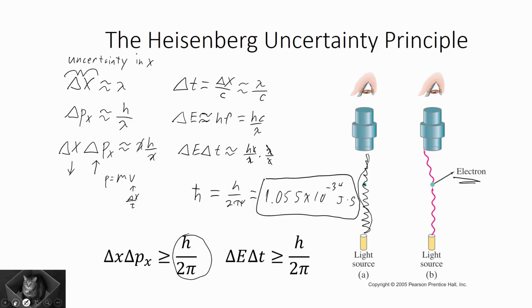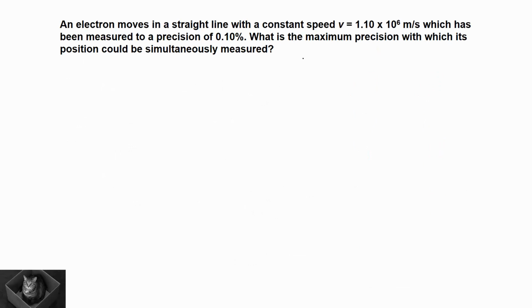All right, let's look at a couple of examples. We've got an electron. We know its speed to a given precision, and we want to know how precisely we can know its position simultaneously. So we're comparing the uncertainty in these quantities at the same moment that we're trying to measure them, right? We could know the speed precisely at one time and the position precisely at another time, just not at the same time. All right, so first thing we need to do is find the momentum of this thing, because our relationship is delta x and delta p, not delta x and delta v, right?